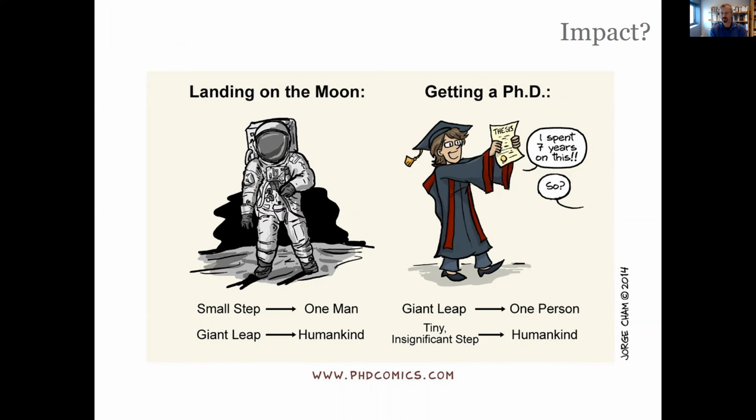Now, let me go back to impact. For you guys that are doing a PhD right now, I know that all you want to do is basically publish your papers and finish your thesis and get on with your life, which is quite reasonable. But have you ever thought about who is actually going to read those papers? Is anybody going to use your results? Are software engineers being helped by the results that you produce? Do you make their job a bit easier with the results that you come up with?